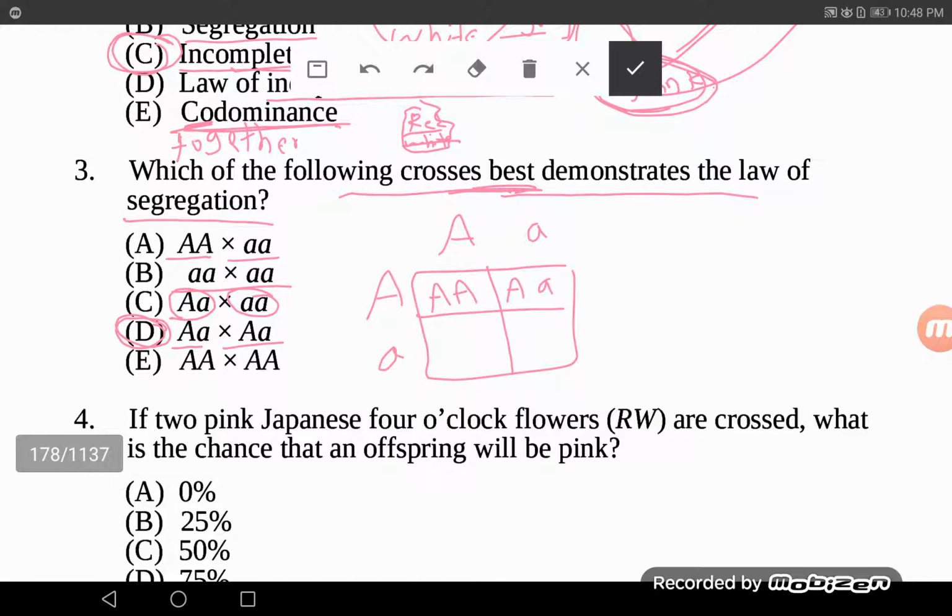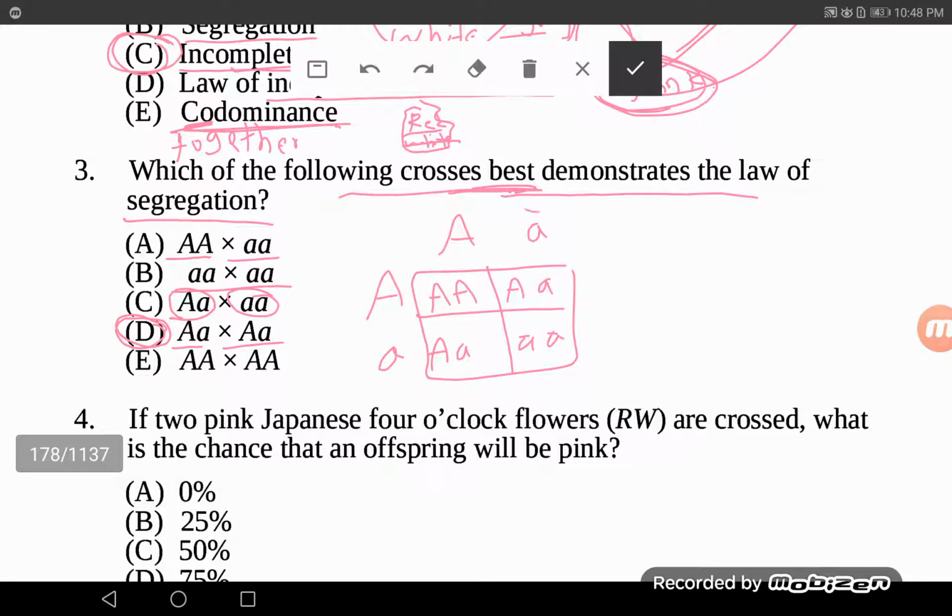It's the case in which the alleles will most likely be separated from each other. So the answer for the question that demonstrates the law of segregation, which says the alleles separate during gamete formation,